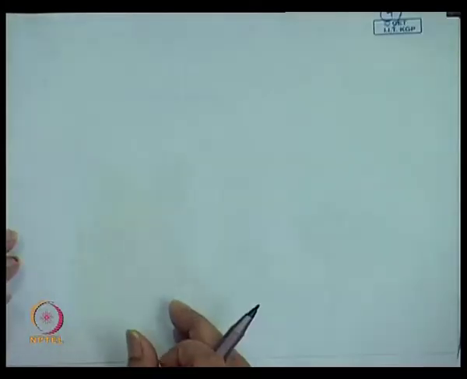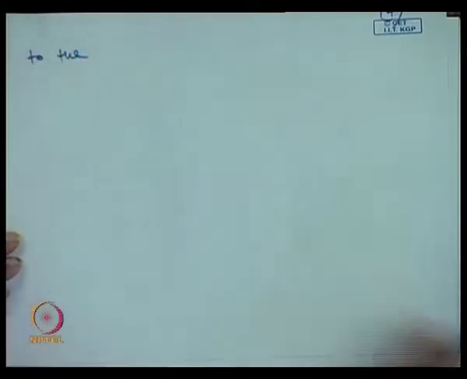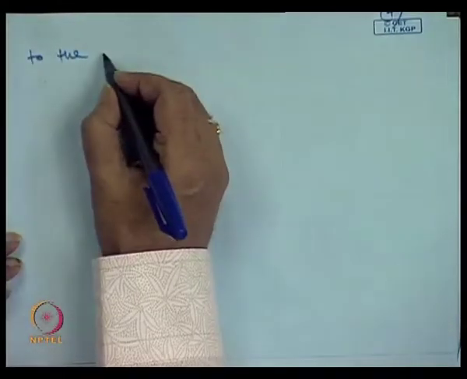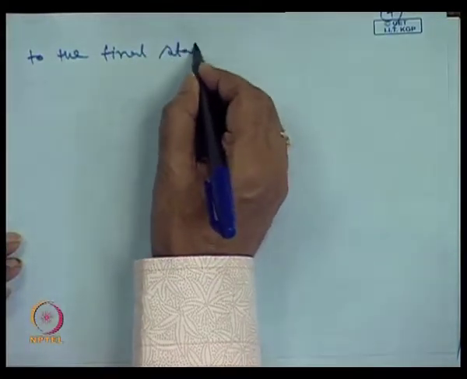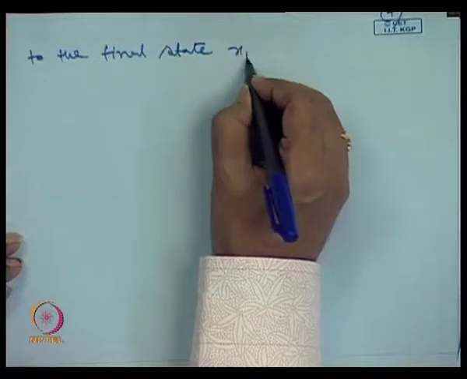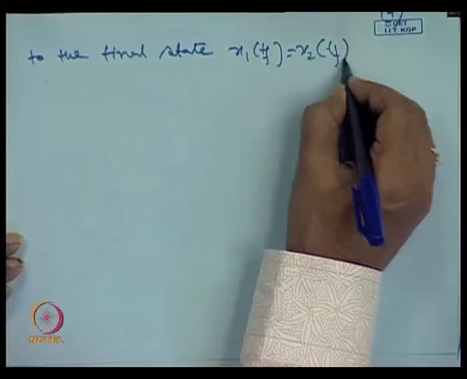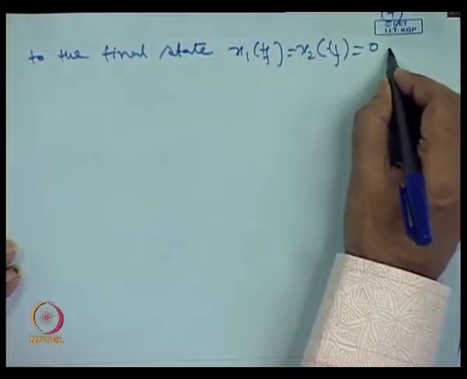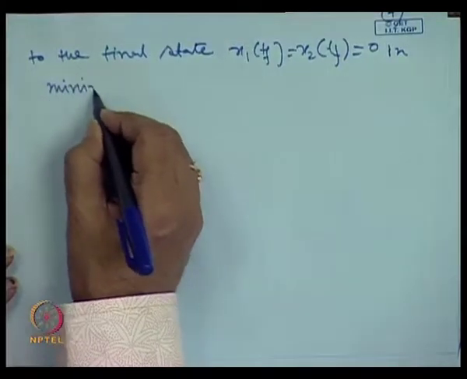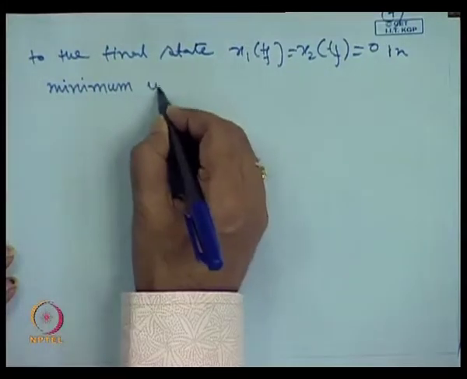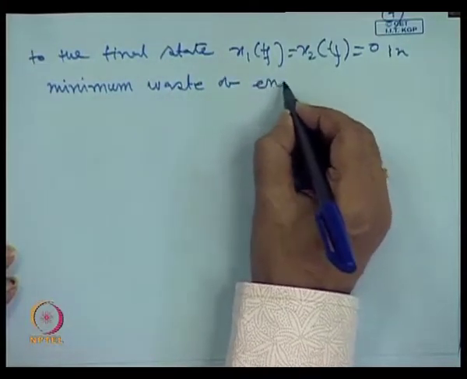That is, from an initial state to the final state, x1 of Tf equal to x2 of Tf equal to 0, in minimum waste of energy